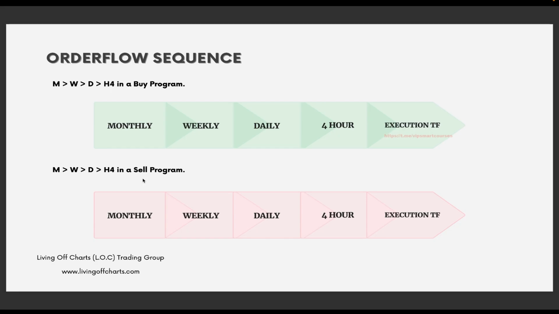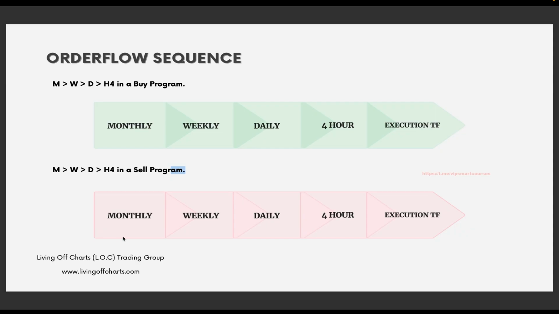If we are in a sell program, we're going to have the monthly, weekly, daily, 4-hour, all bearish. Each one of these right here would be in a bullish scenario. What is that bullish scenario? As mentioned before, you would be in a reaccumulation phase from top down the monthly, weekly, daily, and 4-hour to confirm you are on the correct side of institutional bullish order